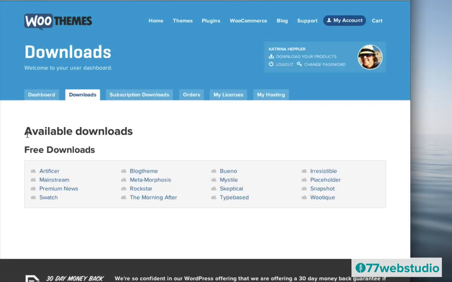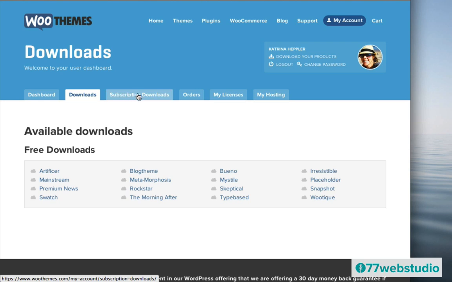So when you first log into your account, you're going to arrive on the My Accounts page, in the Dashboard tab on the left-hand side. To download the new Superstore theme, you want to click on Downloads right here. Or if you signed up for the theme club, then most likely you'll have a subscription downloads tab as well, and you can click on subscription downloads to download your Superstore theme. So it's one of these two different tabs depending on which type of package you ordered.